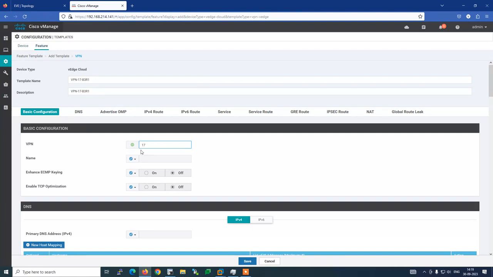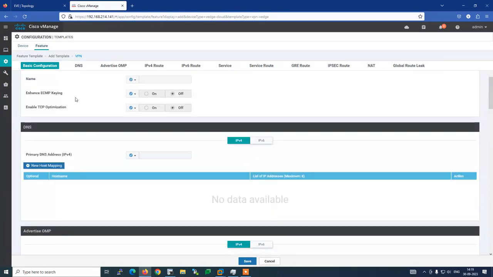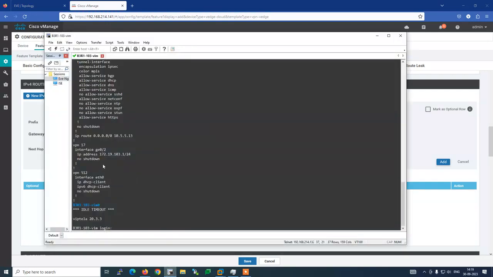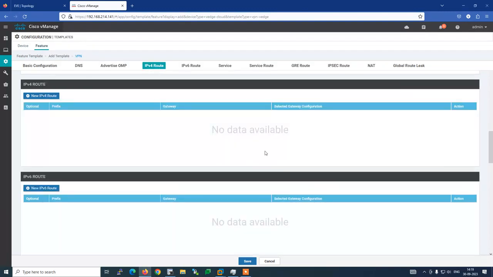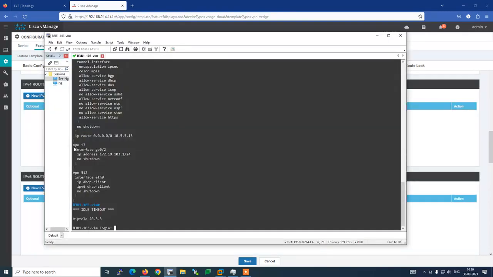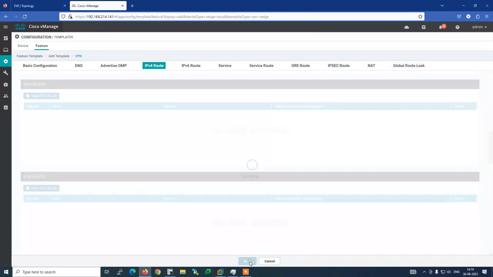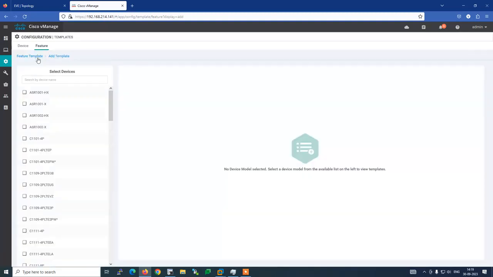VPN 17, name, no need to give a name. DNS, IPv4 route, yes, I have to add. Do we have a static route? No, we don't have any route, only the IP address. So just leave it, cancel it. So after VPN 17, we have to configure an interface, right? And I think nothing is left. Okay, save it. Now the last thing is